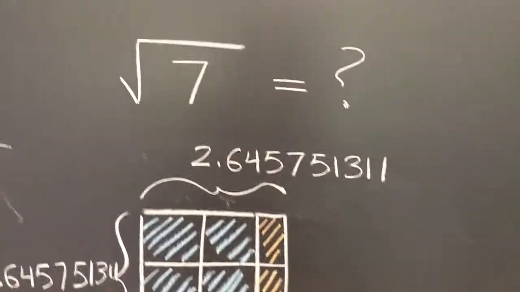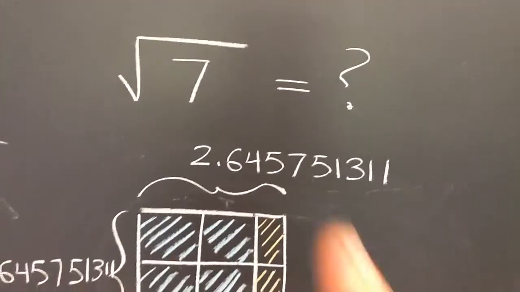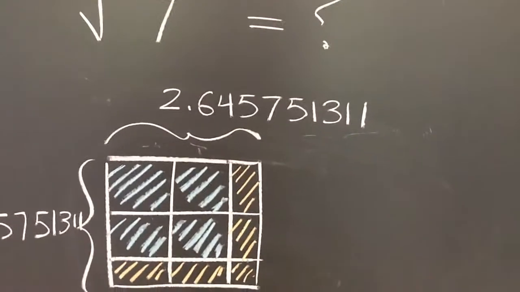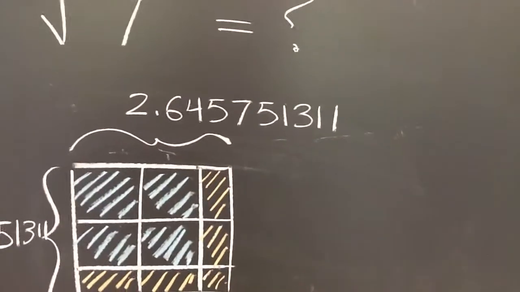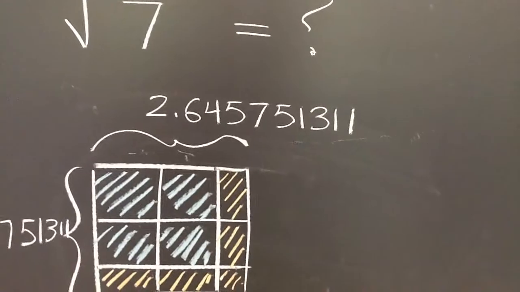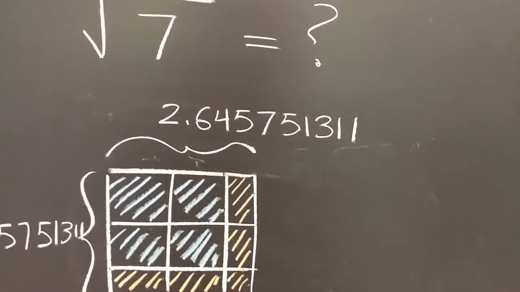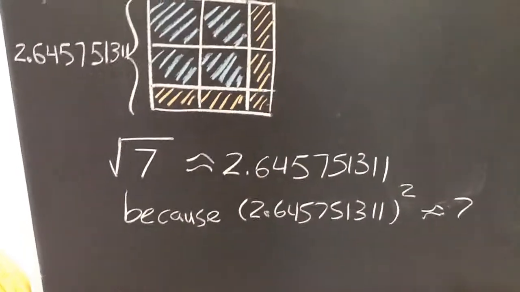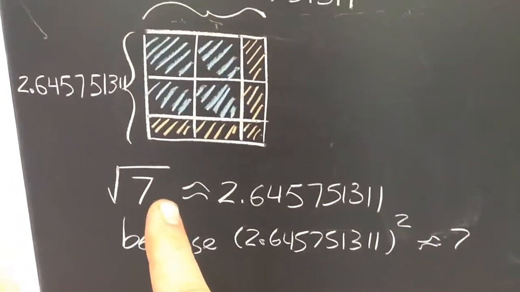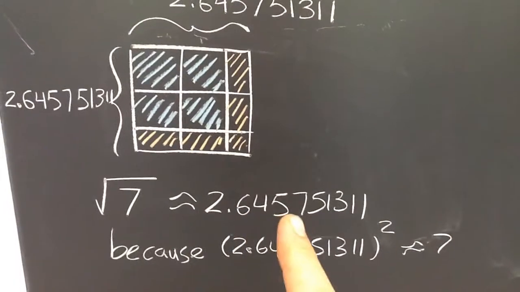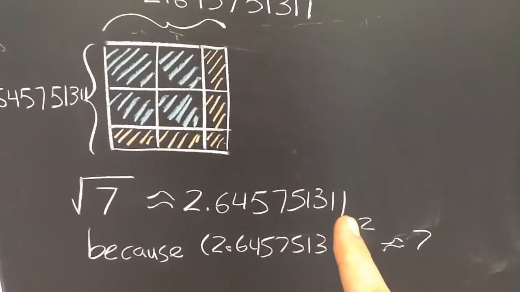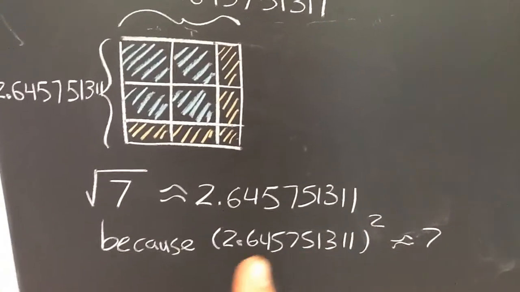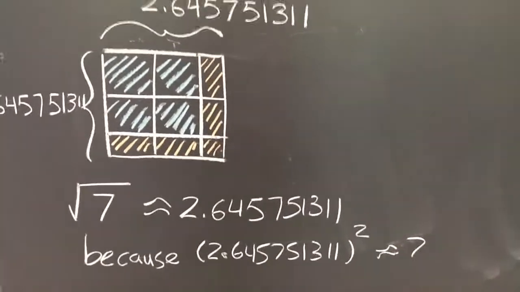Now, when you calculate the square root of 7, which is an irrational number, you're never going to have all of the digits because it's irrational. You'll have a lot of the digits, and that's great, but you'll never have all of the digits. And so we're going to say that the square root of 7 is approximately 2.64575131, because when you take that number and square it, which means multiplying it by itself, you're basically going to